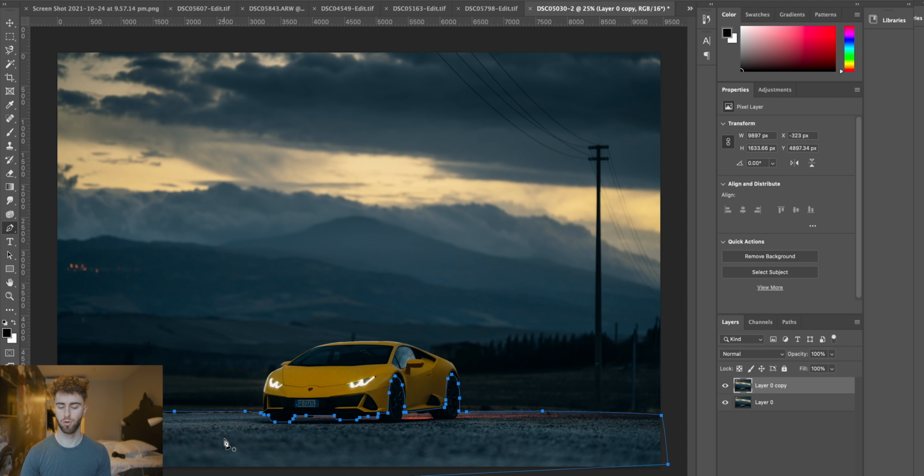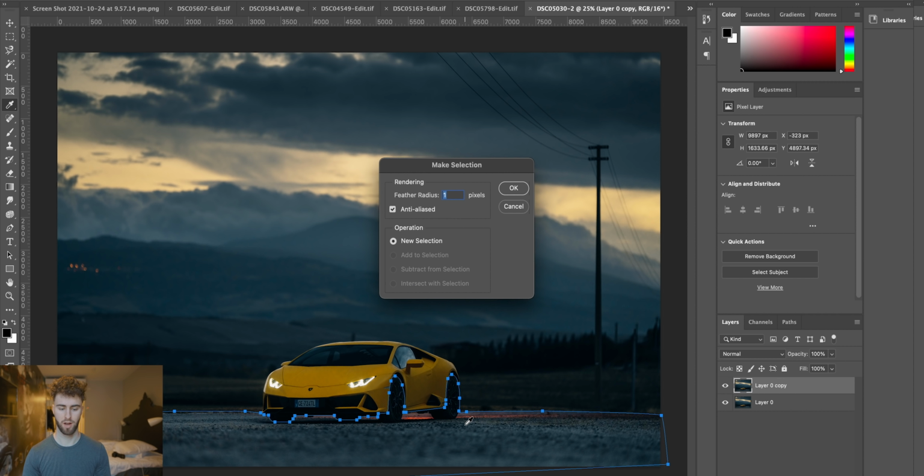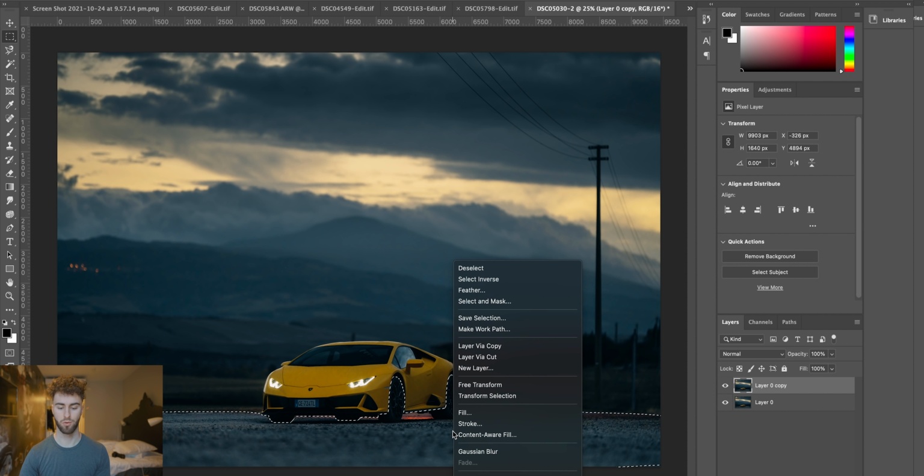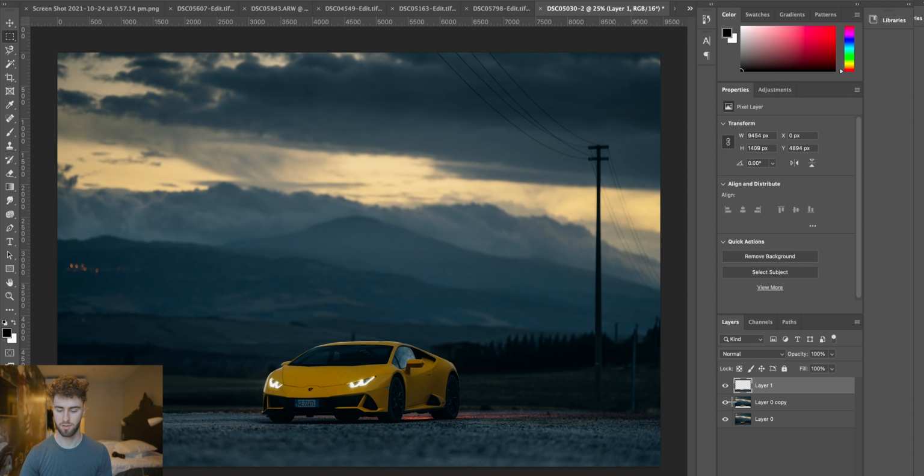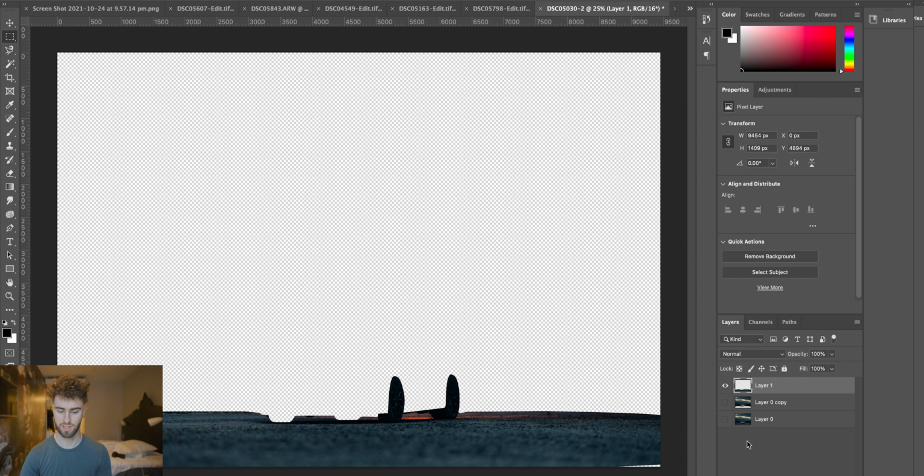We don't have to be too perfect with it because we're gonna go afterwards and fix some of the things. So we're gonna right click, make selection, feather radius 1. Once your selection is made, right click, layer via cut. So this essentially is gonna make, if you turn off these layers, it's gonna make this entire bottom,